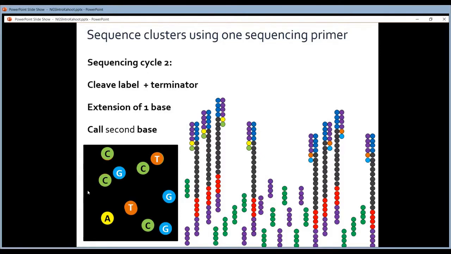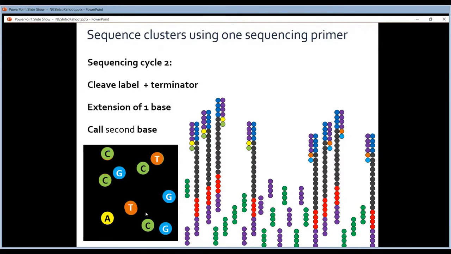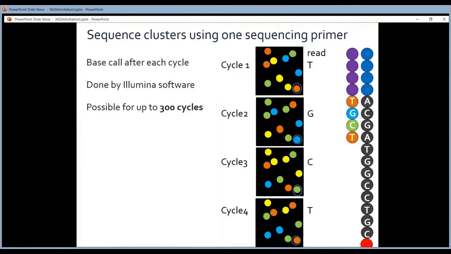And the same thing is true for this one. So in the first cycle, this one was emitting an A. In the second cycle, it's green, so now it's emitting a C. And you repeat this process for many, many cycles. So again, typically for around 100 cycles. And in every cycle, the clusters stay in the same location.